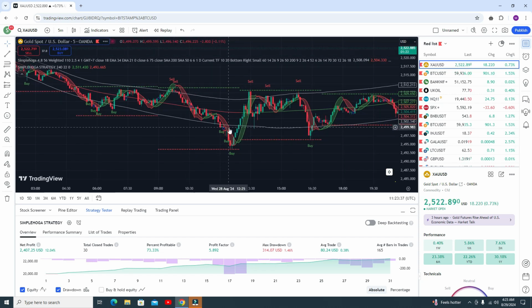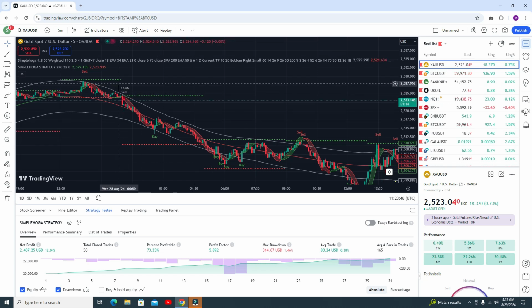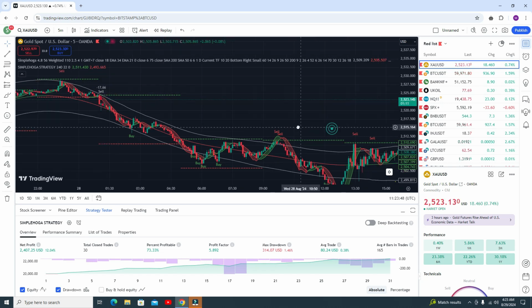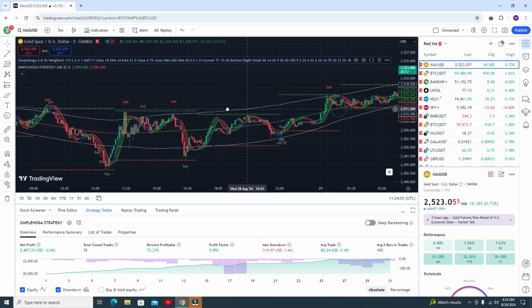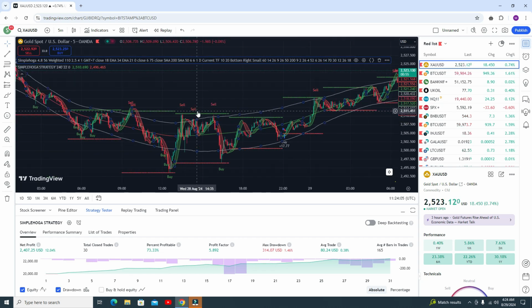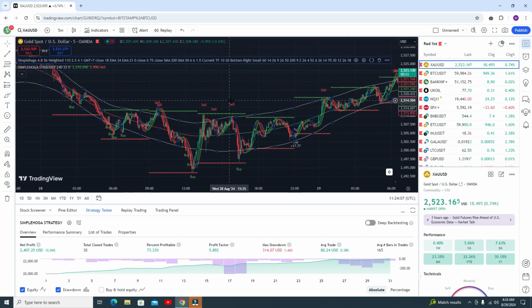Okay, here at this point you can see the RSI is below the band line. You can go for the buy trade, but you need to watch this signal. If this signal is sell, then you need to follow only the sell signal, like this one sell signal, you can book your profit. Okay, this one is also profitable, but I will not recommend it. You can go for the buy trade as well, but I will not recommend it. Okay, so here you can see the scenario is so simple.